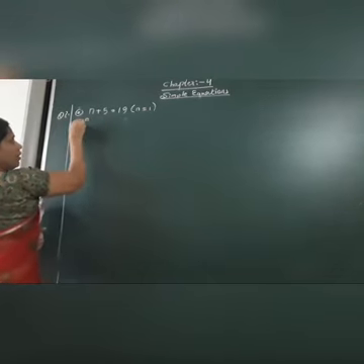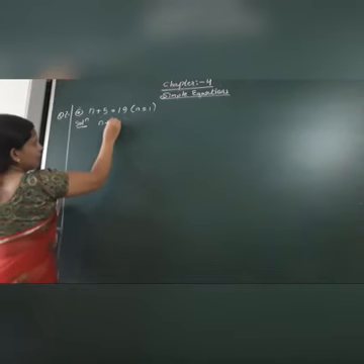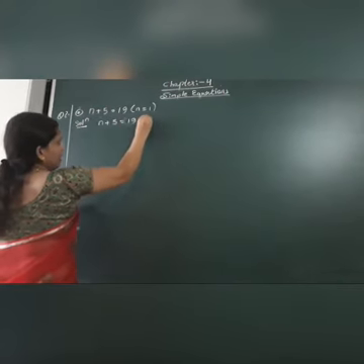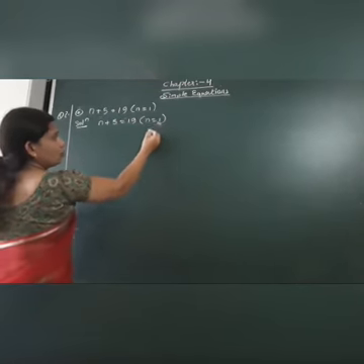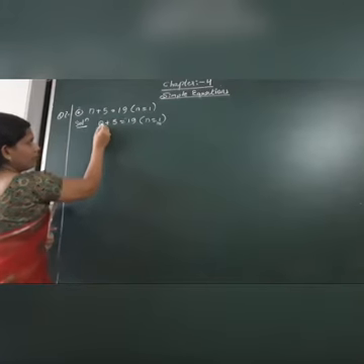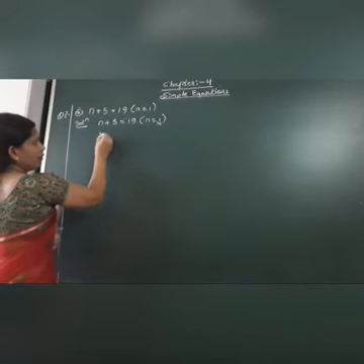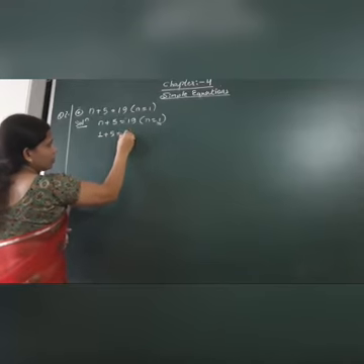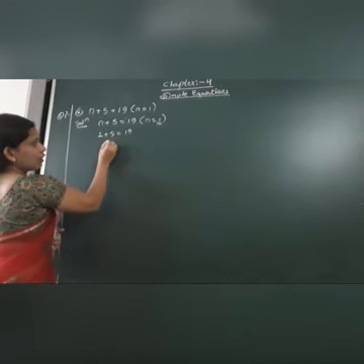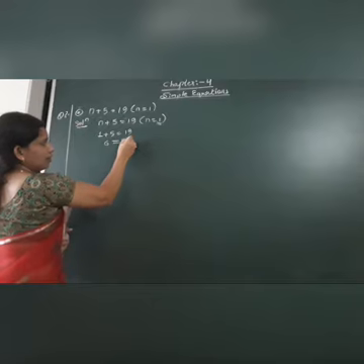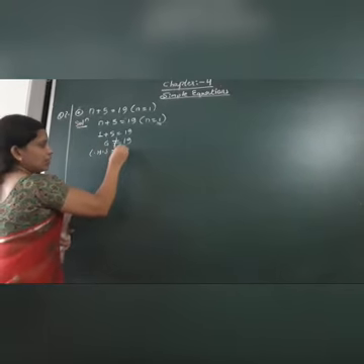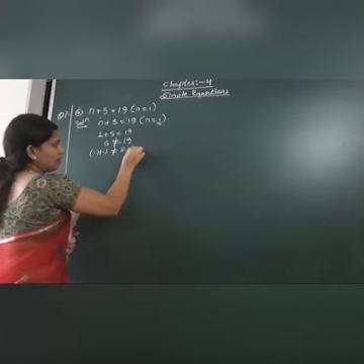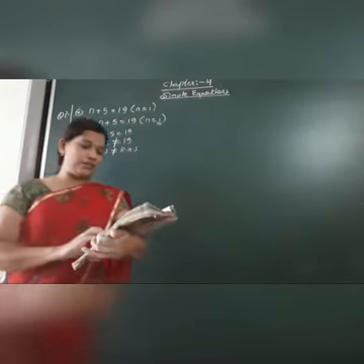The equation we have is n plus 5 is equal to 19, and we have the value n is equal to 1. So what do we have to substitute? In place of n we are going to put 1. So here, n means 1 will come: 1 plus 5 is equal to 19. So 1 plus 5 is how much? That is 6. 6 is equal to 19. So is LHS equal to RHS? No, the LHS value is not equal to RHS. Hence we can say that it is not satisfied.